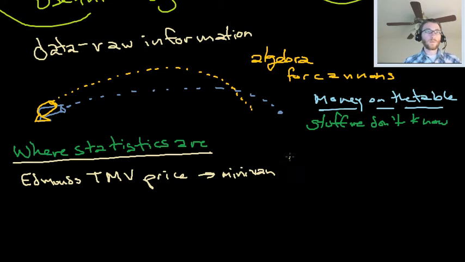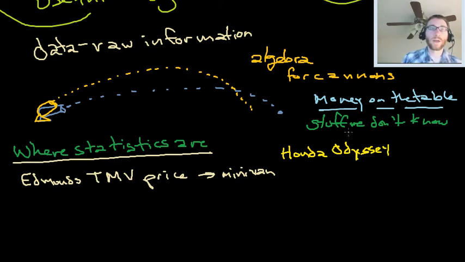I want to know how much a Honda Odyssey goes for. I don't want to get screwed. I don't want to spend more money than I have to. I want to give a fair price. I don't want to offend anybody. So what's useful would be to know how much I should offer. What's the price that's going to get me laughed out of the room? What's the price that's going to make the other person kick his heels together and think, I can't believe I found this guy who's willing to pay a ridiculous amount for this car? Moreover, let's say I'm indifferent between a Honda Odyssey and a Toyota Sienna.